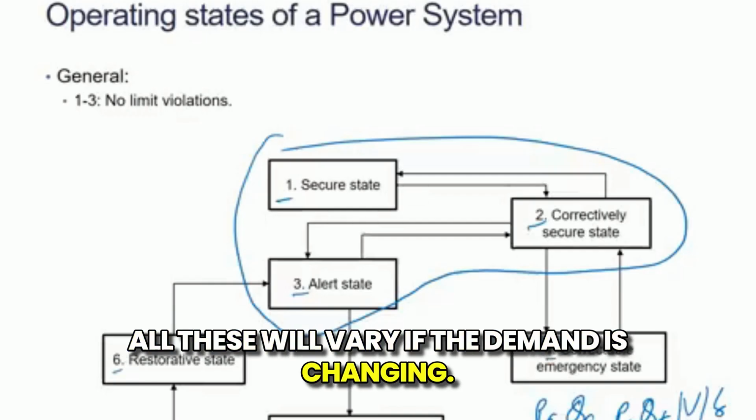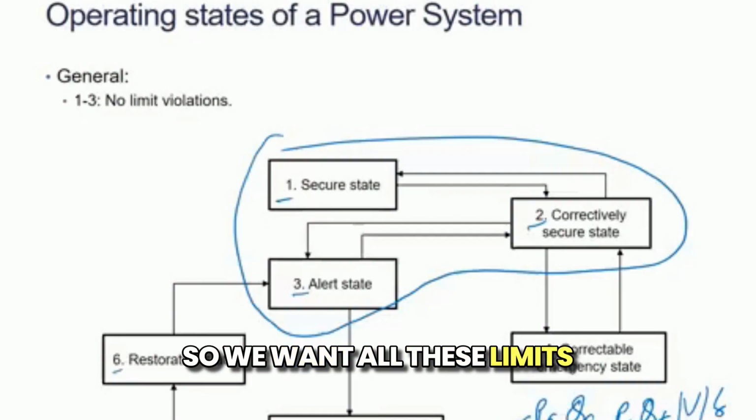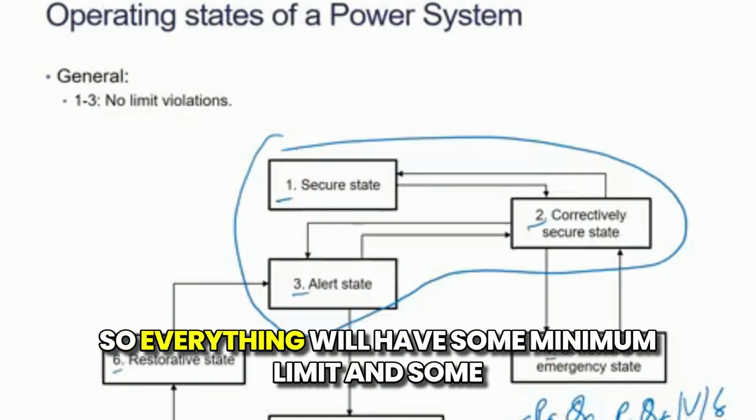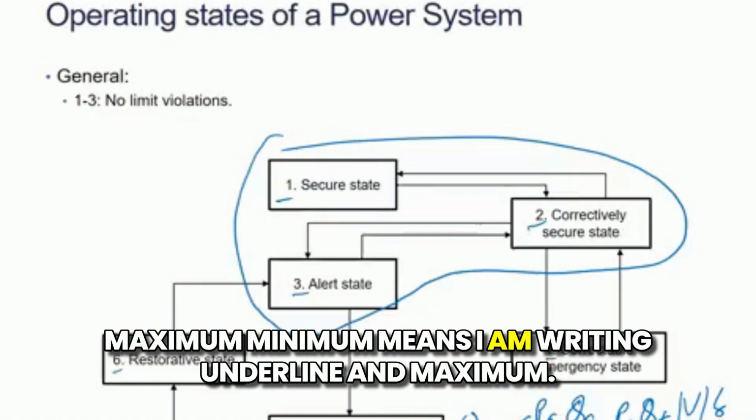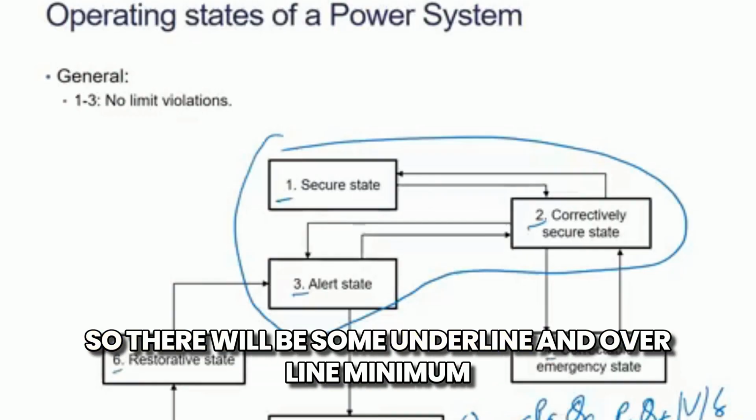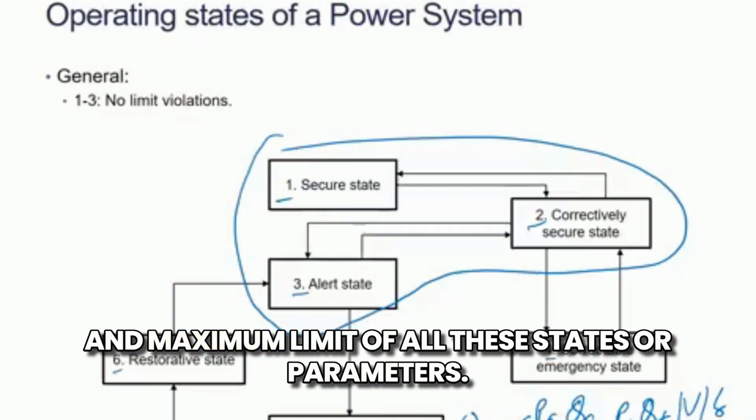So we want all these limits to remain within a specified bound. Everything will have some minimum limit and some maximum limit. Minimum I'm writing with an underline, and maximum with an overline. So there will be some underline and overline, minimum and maximum limit, of all these